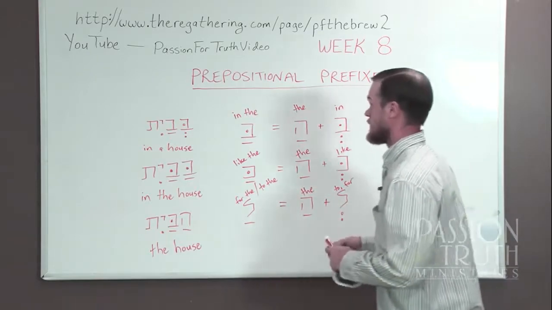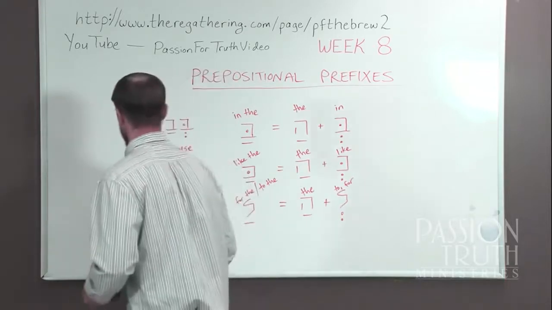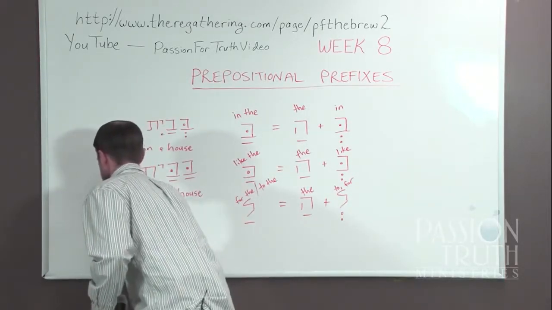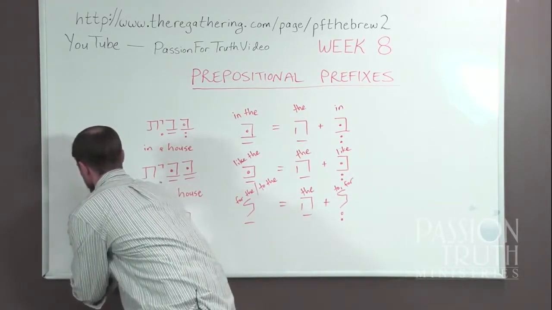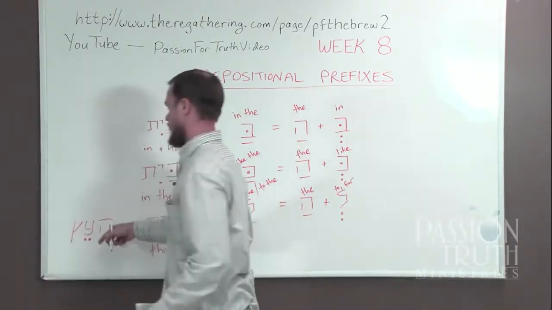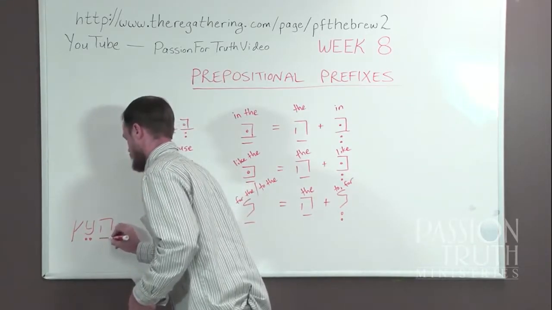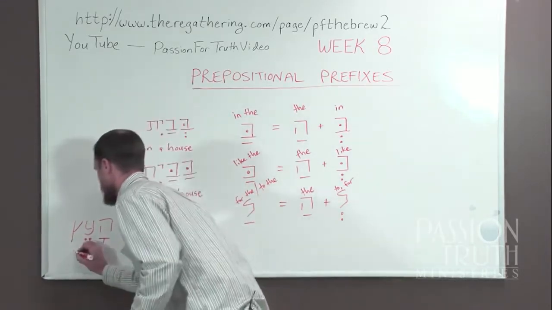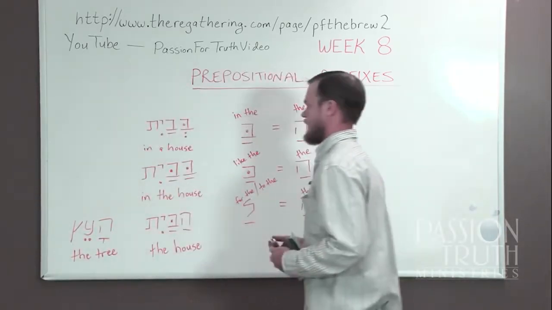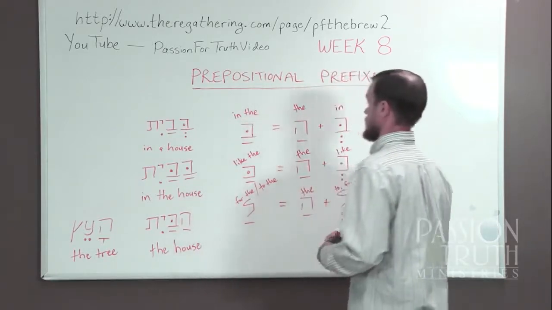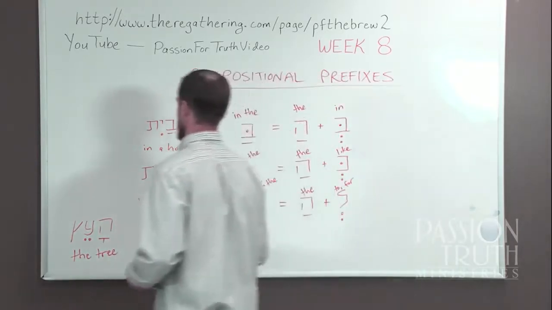Another important note is suppose we were talking about the tree, ha'etz. Now, the rule with the definite article is that when it precedes an aleph, an ayin, or a resh, the vowel under the he will be a kametz. So this is the tree. And that kametz will also carry through to the combination. So if we were to say in the tree,